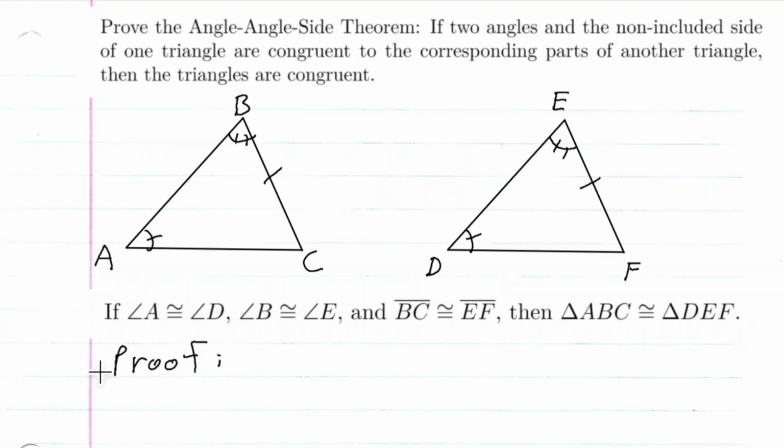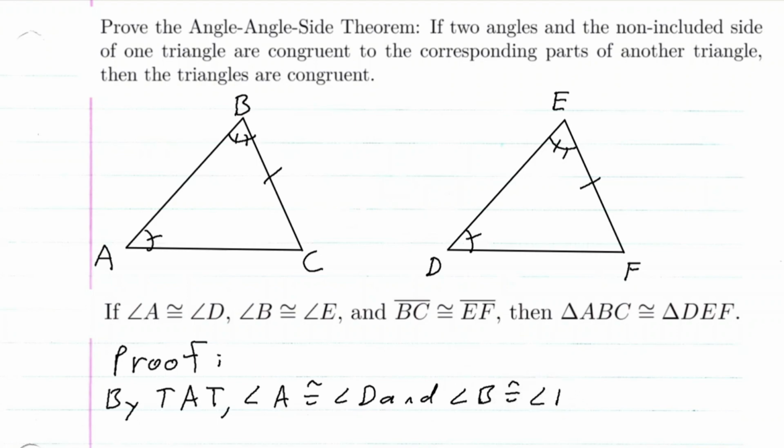So we know by the third angle theorem, right, that if angle A is congruent to angle D and angle B is congruent to angle E, this implies that angle C is congruent to angle F, right? So we know that these two are congruent by the third angle theorem, which was discussed in a previous video. So remember, if you have two angles congruent to two angles in a different triangle, then the third angles